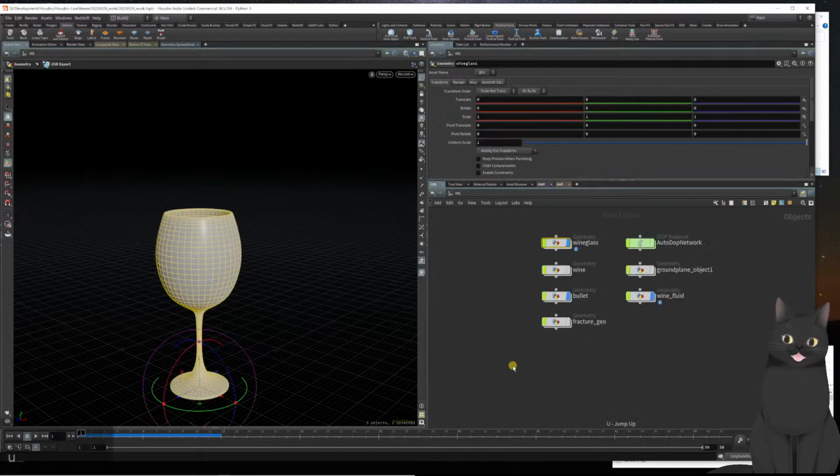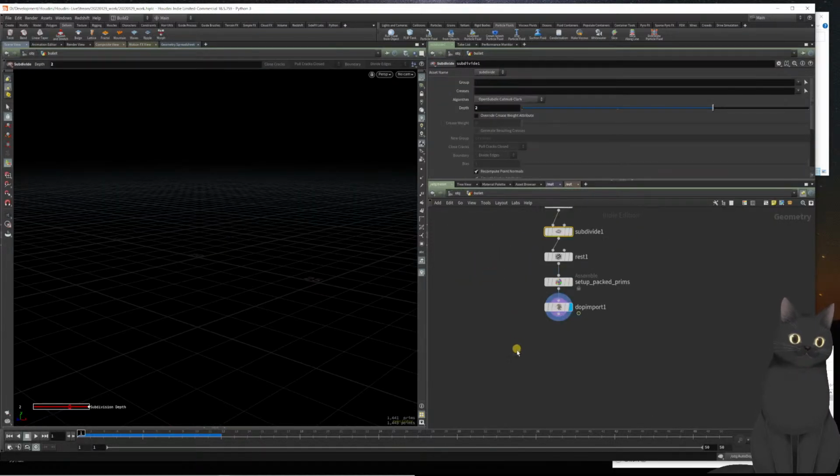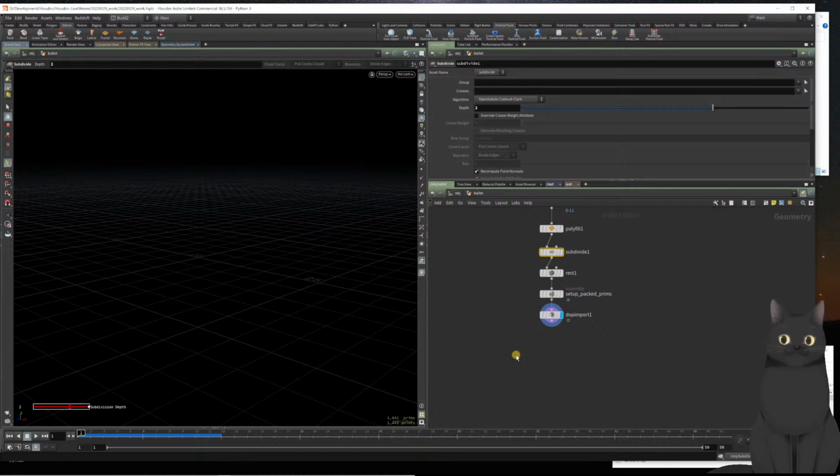That ready. So the last thing we want to do is do the same thing with the bullet. So what we'll do here is a little differently. We don't really need to cache this one out per se. We're going to extract that out